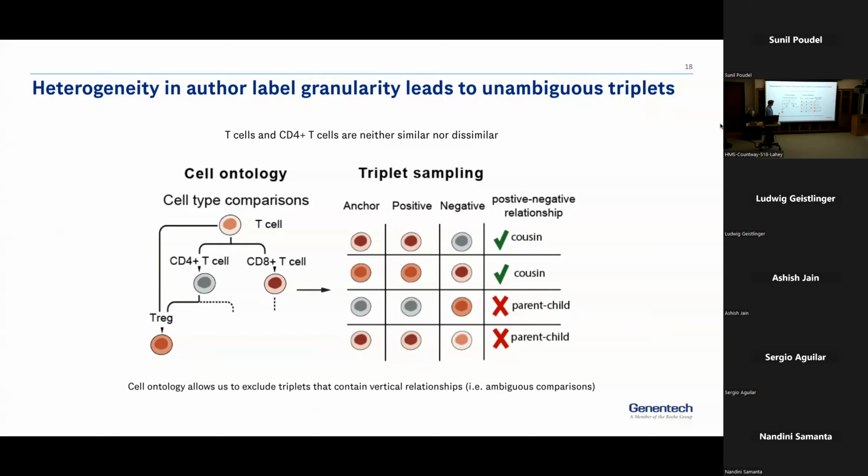So let's say the tree distance between CD4 and CD8 T cells is not an input into the model, just the fact that they are not ancestor-descendant. So I actually think that we rely pretty loosely on the ontology just to get that comparison, just to make sure that it makes sense to say, are these cells similar or different? And that's it. We don't use a measure of how different they are in any step. Does that make sense?